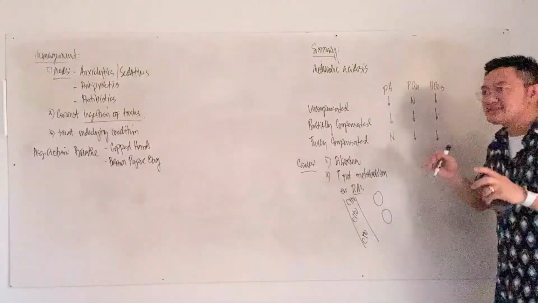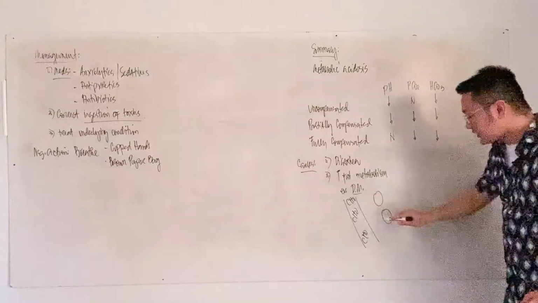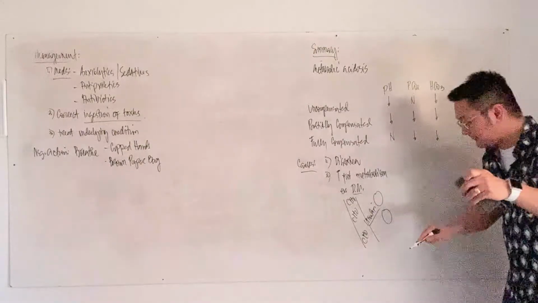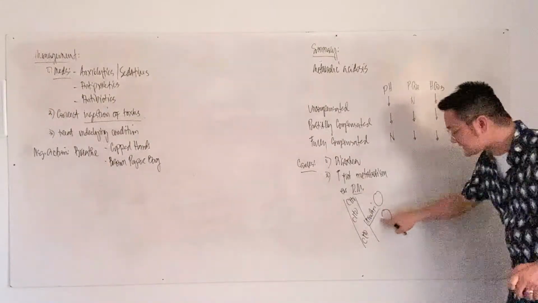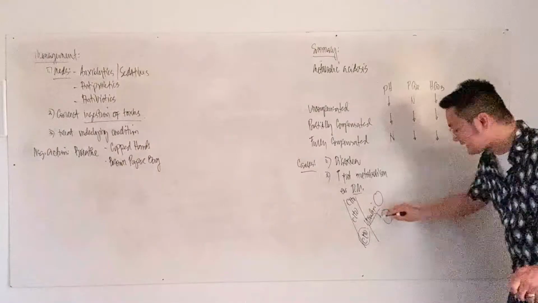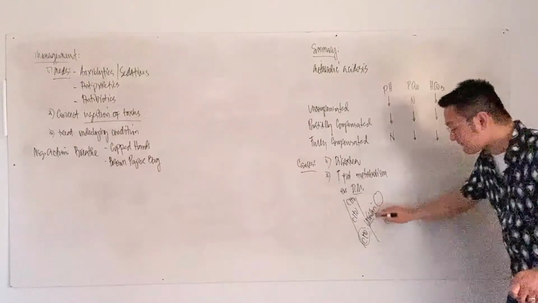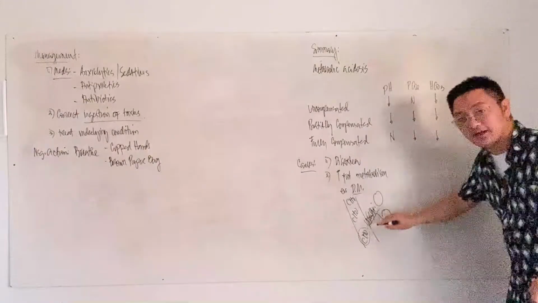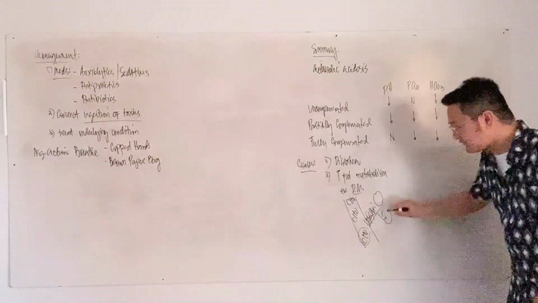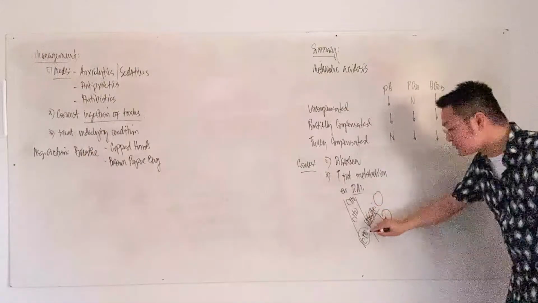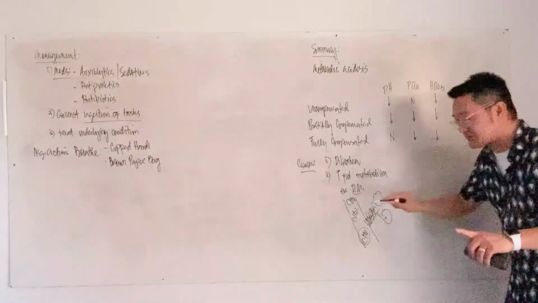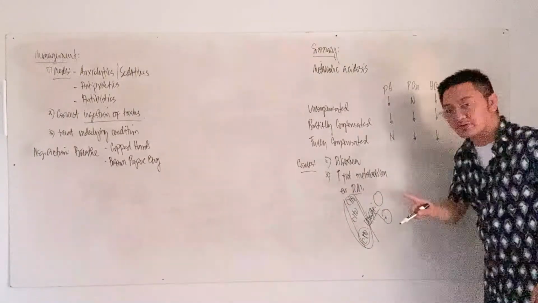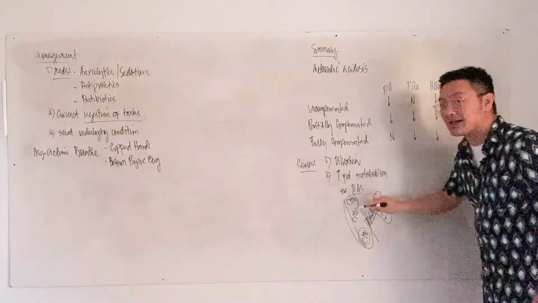Okay? What is the relevance of your insulin? Insulin serves as a key. Insulin opens the cell wall so that carbohydrate can get inside. If you don't have insulin, nobody opens the cell wall, carbohydrate or sugar cannot get inside the cell. That is why if you have diabetes mellitus, since sugar cannot get inside the cell, sugar stays in the blood, causing hyperglycemia. That is why one characteristic of diabetes mellitus is hyperglycemia.